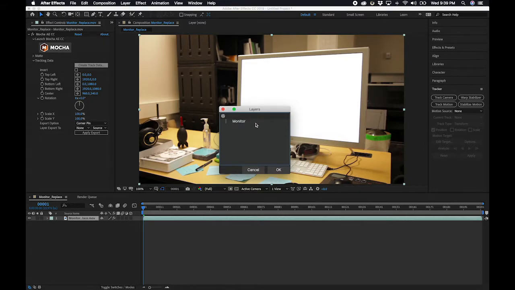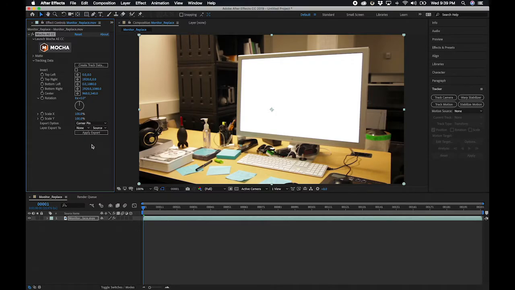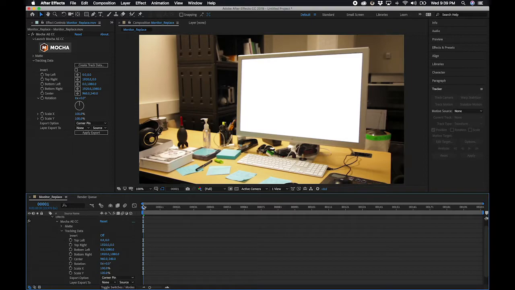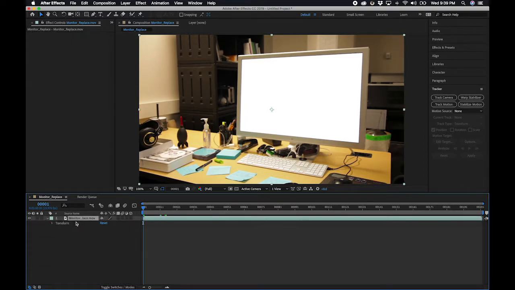Now this took me forever to figure out because I guess I just didn't see this checkbox right here. Maybe my monitor is too dark, but I kept clicking this and going like, why isn't it working? I'm hitting apply and nothing's happening. If you hit apply, which I did, it brings in the Mocha effect, and it has our tracking information. It's like, why isn't it working? Tracking data, there's nothing here. And it was really, really